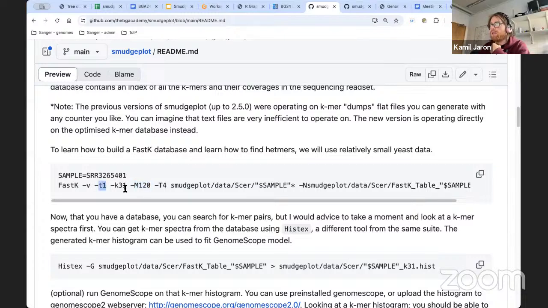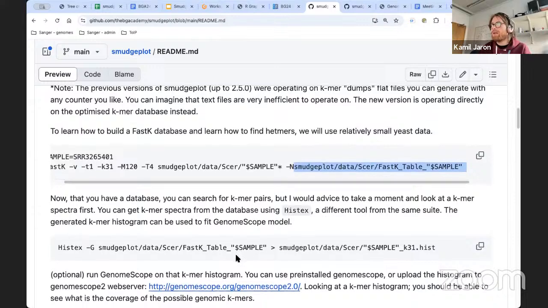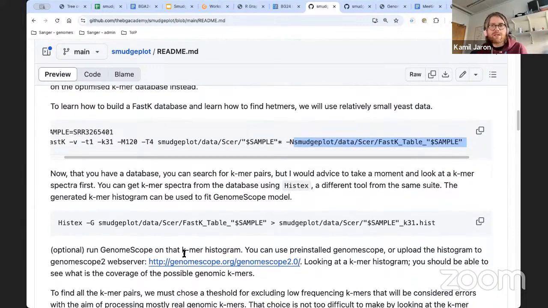One of them is a threshold for k-mer counting, and the other one is the number of threads, and I never know which one is which because quite often you choose 1 or 4 for both of them. K is the k-mer size, verbose is to give you a detailed output. This will generate your k-mer database. Then you can use different FastK tools to do different operations within the database. I would recommend you to just look at it. Chin did a great job in documenting it.